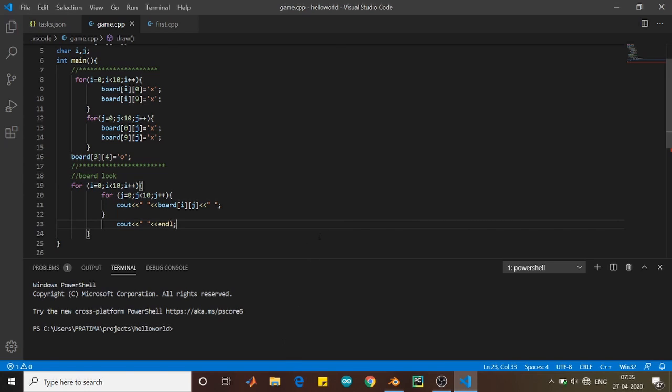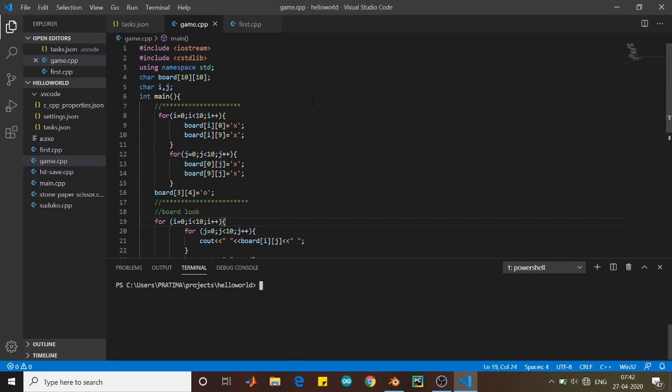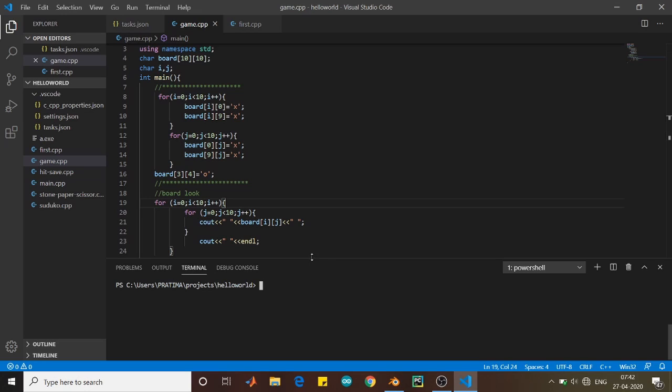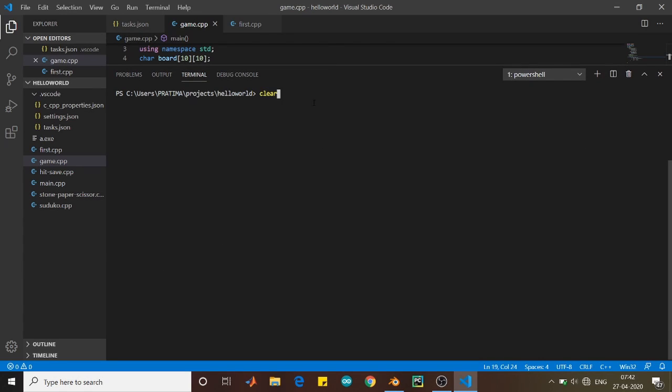So let's run this. Now we will see how our board looks like, so we have to first compile it and then run it. Aha! Yeah, so now it looks perfect.